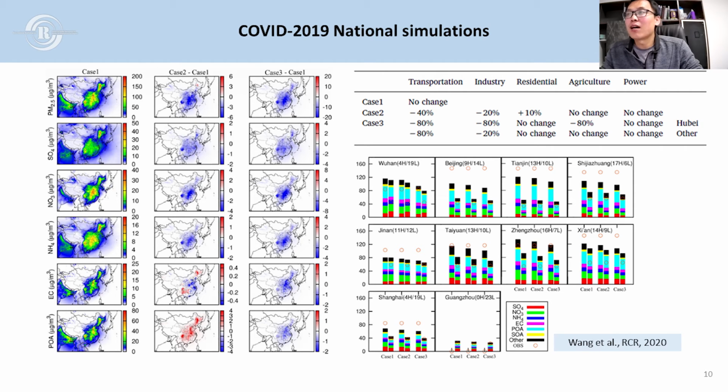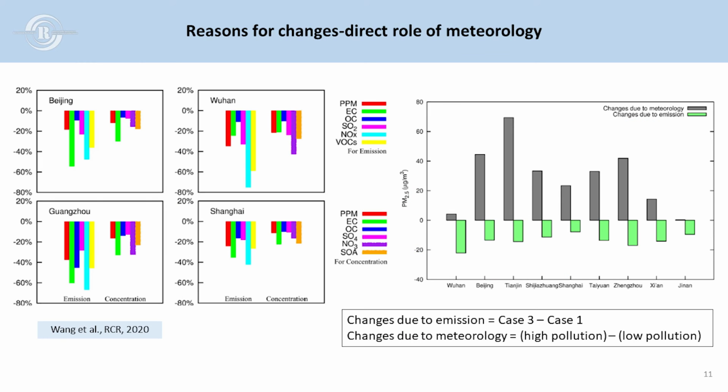We can see that in all the major cities in China, in different cases, the pollutant day and the non-pollutant day, the model is doing very well in reproducing the observed concentrations, and we can also see the changes due to the lockdown processes. So what are the reasons for the changes in air pollutants? Obviously, emission changes are the direct